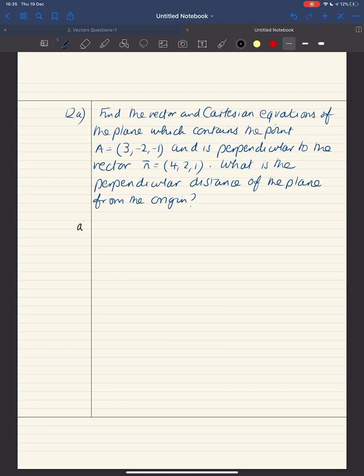So A, find the vector and Cartesian equations of the plane which contains the point A, 3, minus 2, minus 1. I feel a diagram coming on there. So it's 3, minus 2, minus 1, and that lies in the plane, and it's perpendicular to 4, 2, 1. Okay, so what happens here when you've got a normal to the plane and a point in the plane? What you can have is,